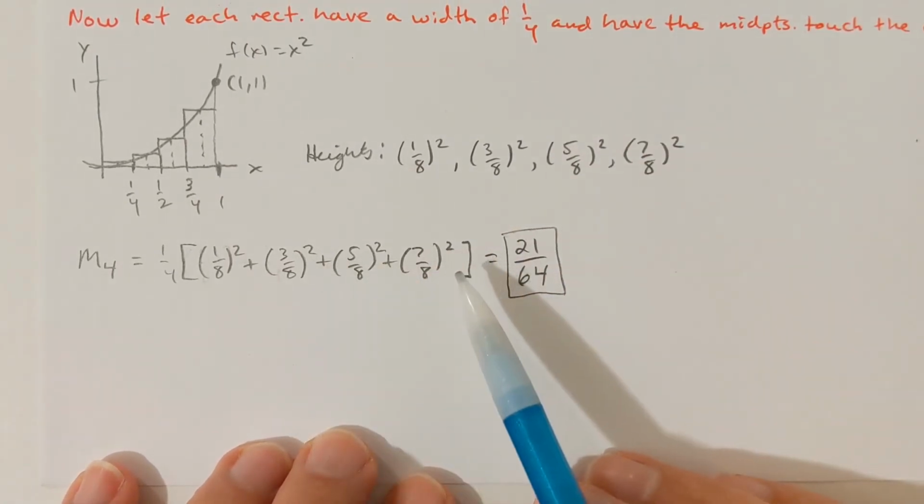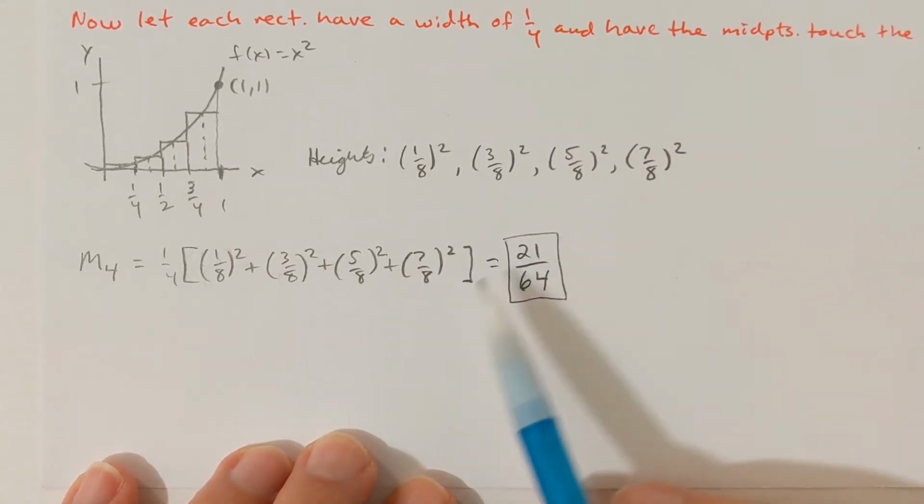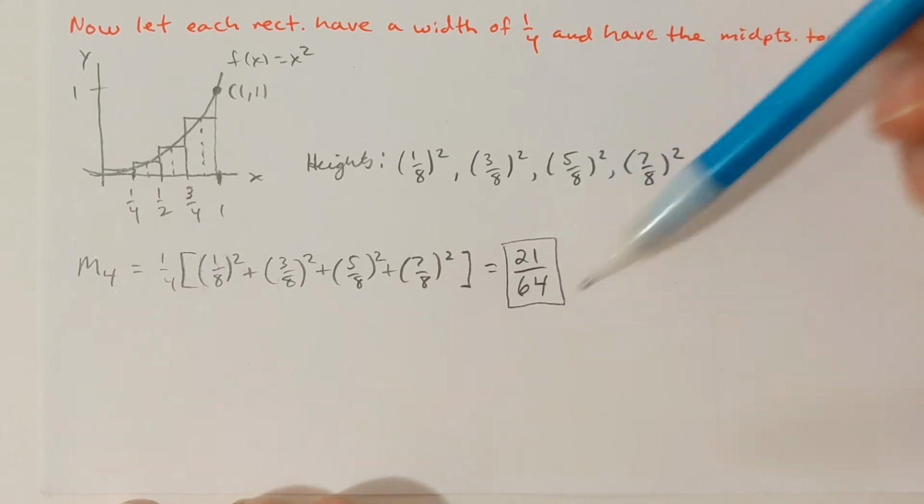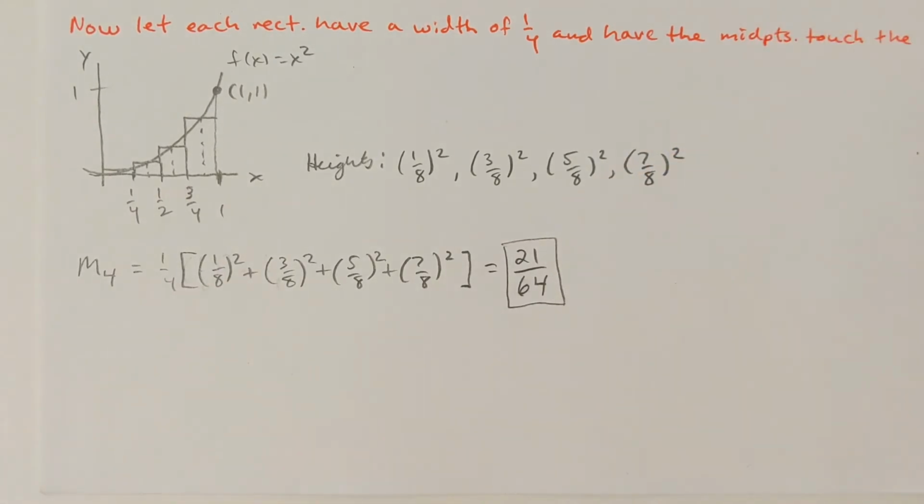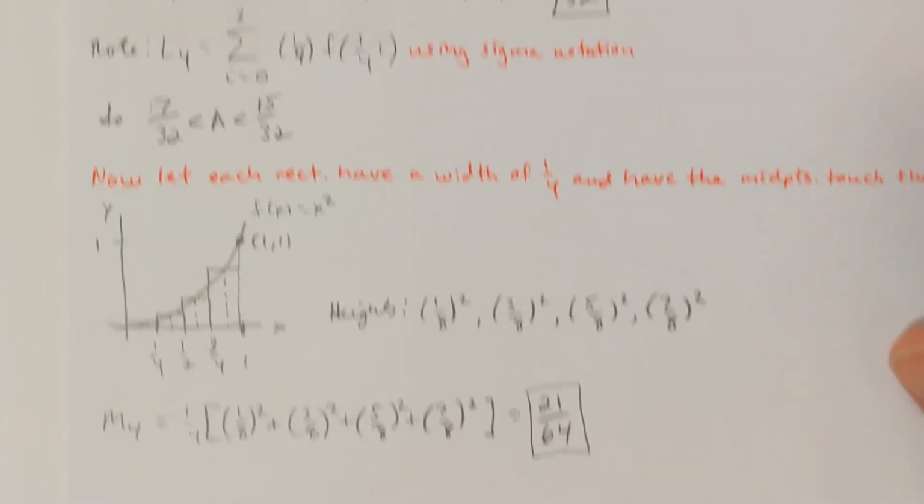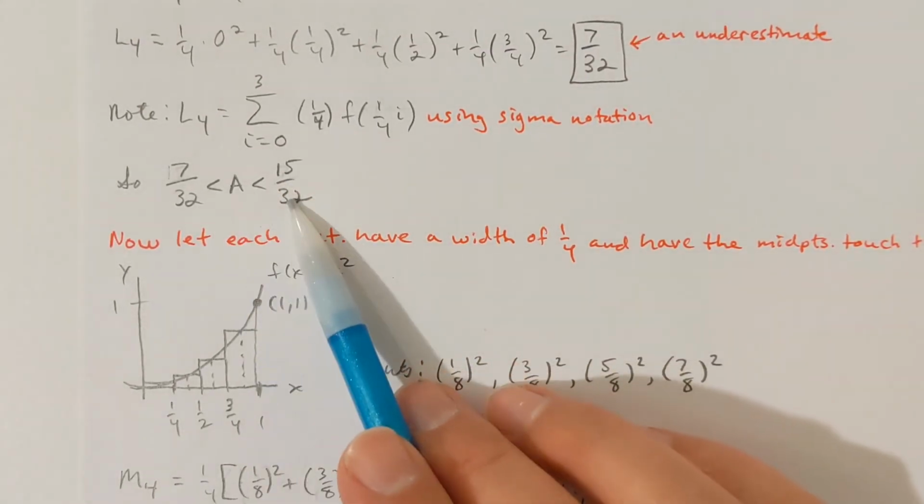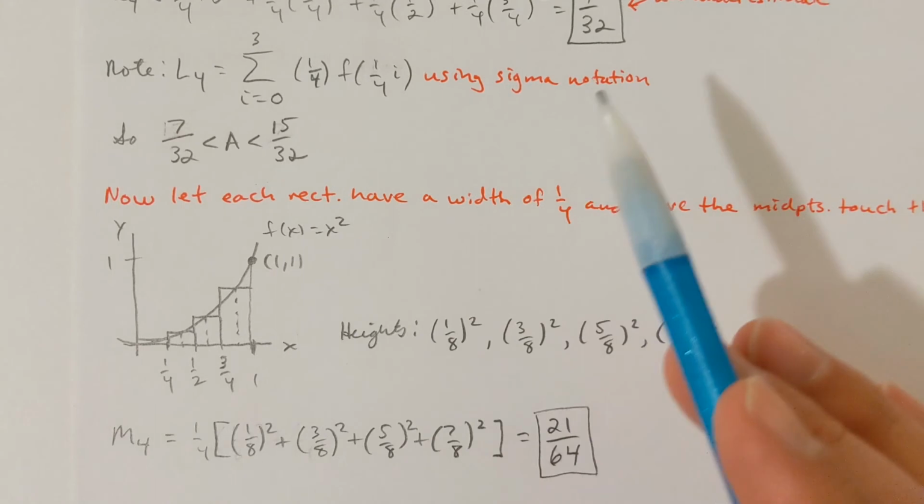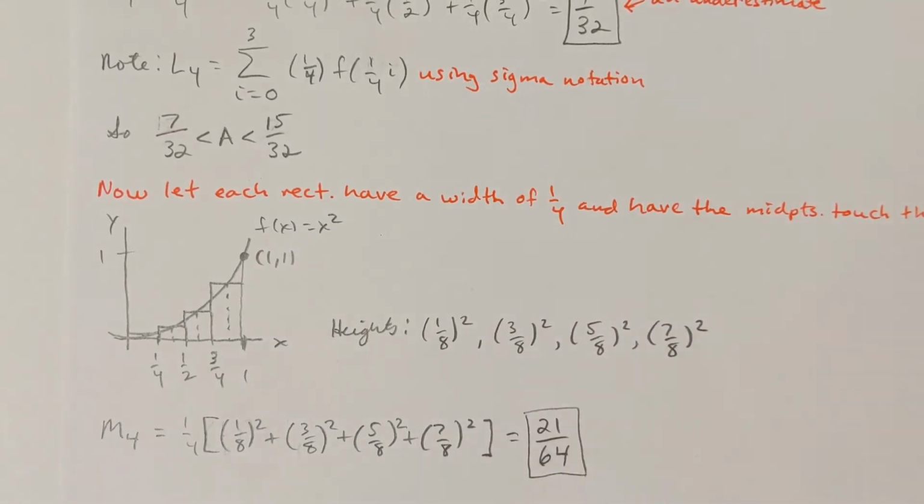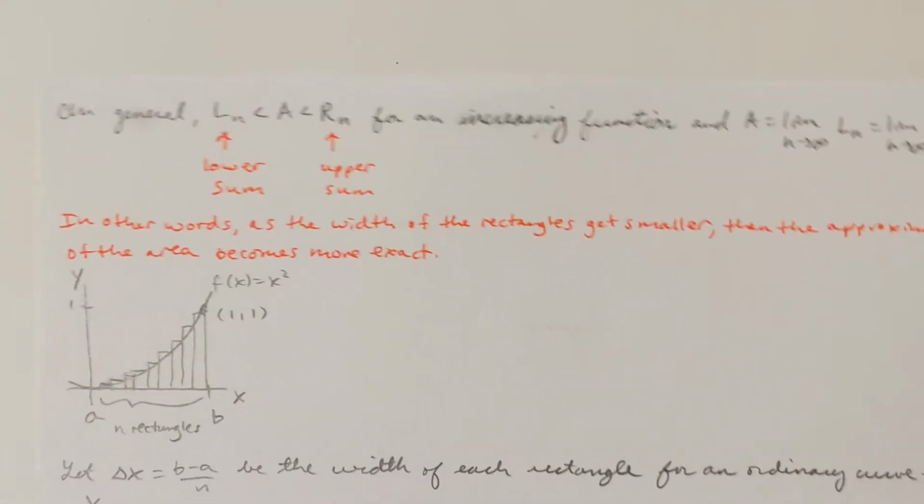If we add up the heights then, I was getting 21 over 64 when you simplify that. Now 21 over 64 would be between these 2 numbers. And in this situation, that would probably be my best approximation method. Now in general,